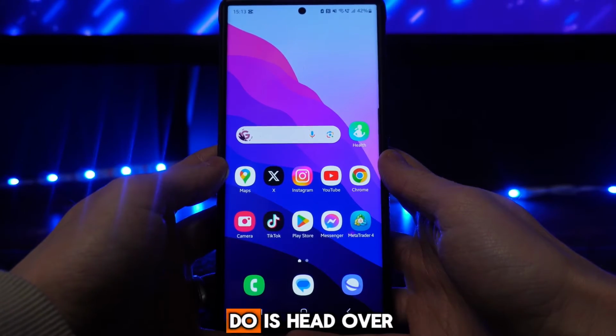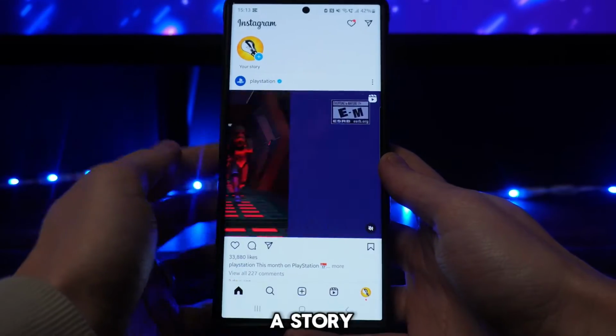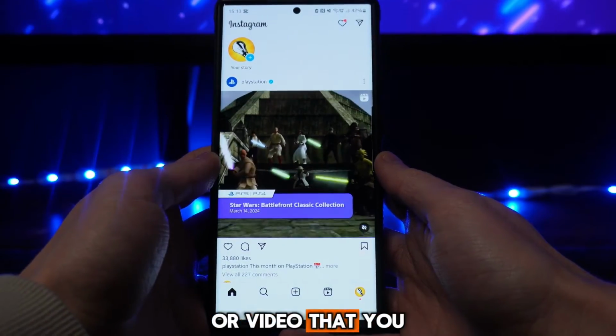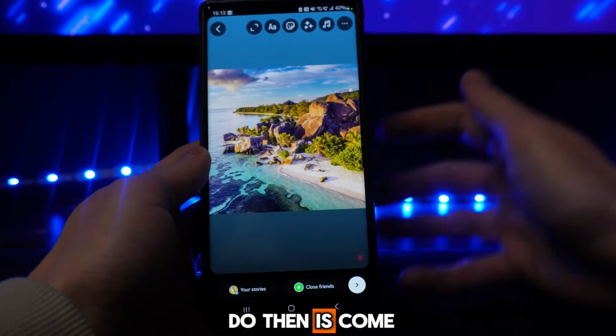So first of all, what we want to do is head over to our Instagram, and then you want to go and upload a story as you would usually. So go ahead and choose the photo or video that you want to add to your story. And then once you have added something, what you want to do then is come to the top right here